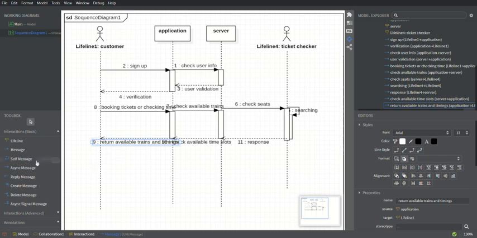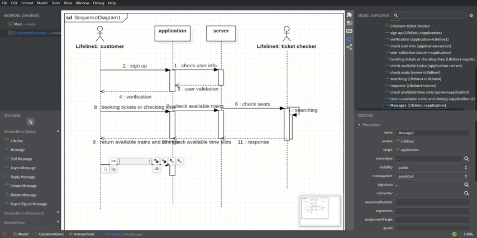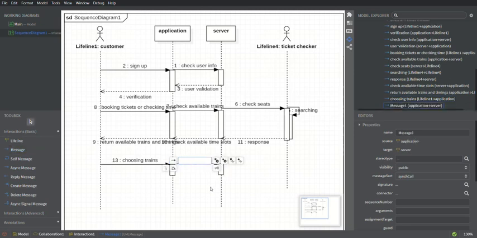Now for the final part, we're going to create another message option, drag it from the customer to the application as a request from the customer to the application, as he's choosing trains. After choosing trains, we're going to go to the reserve tickets option. We're going to create another message, which will be from the application to the server as reserve tickets,